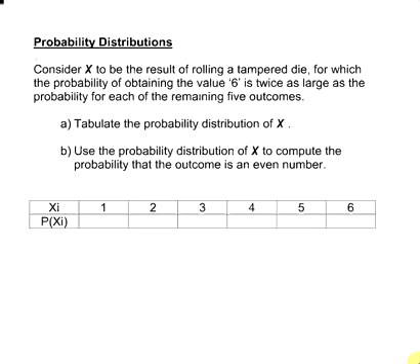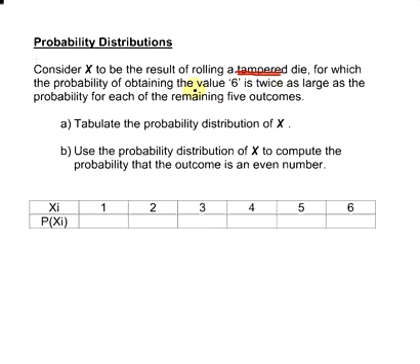In this presentation, we're going to look at a tutorial question related to probability distributions. Now the question here is as follows. Consider X to be the result of rolling a tampered die, that means it's not a fair die, it's important,